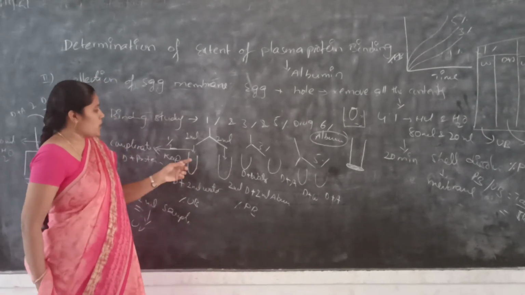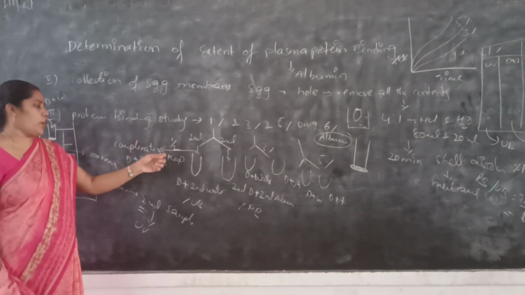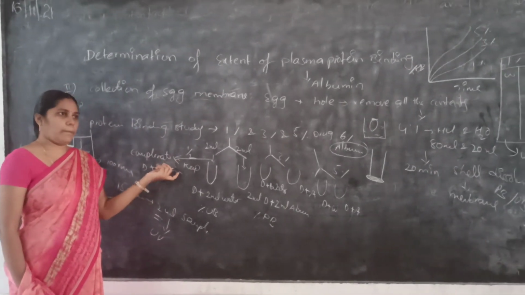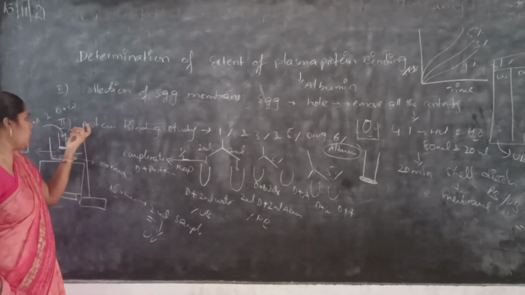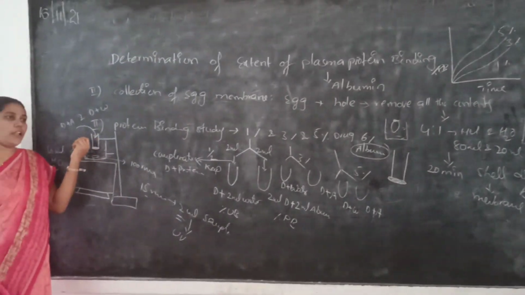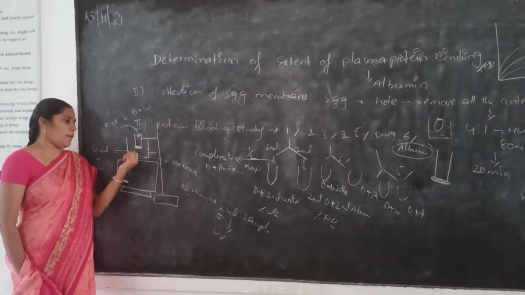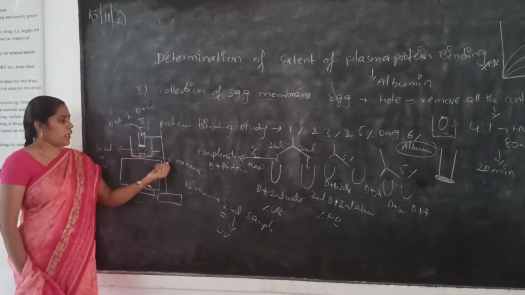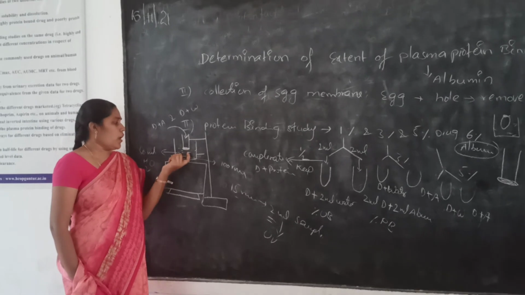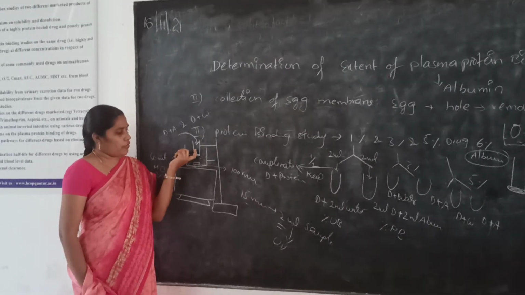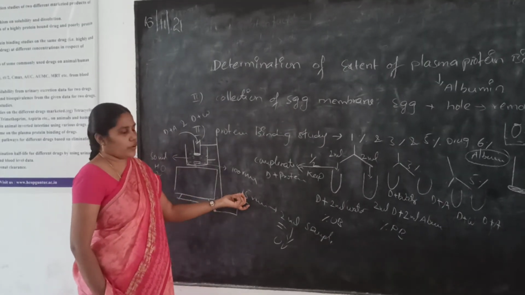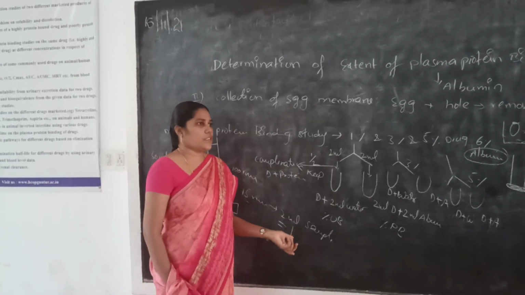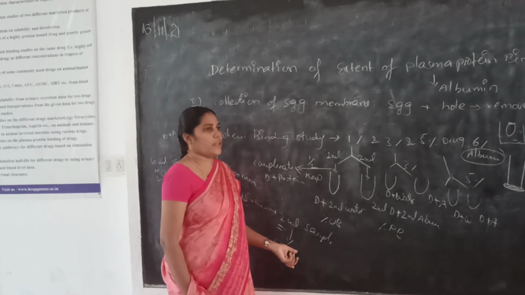These test tubes are kept aside for half an hour for contact between the drug and protein. After the contact period, the solution is taken into an open cylinder, which is placed in a beaker on a magnetic stirrer at 100 rpm. At 15-minute intervals, we collect samples and go for UV analysis to get the different absorbance values.